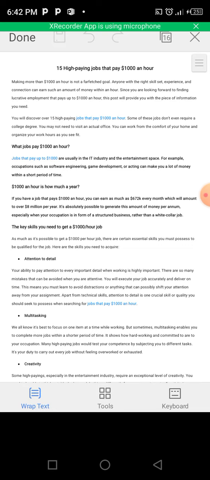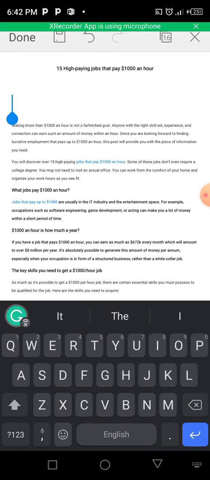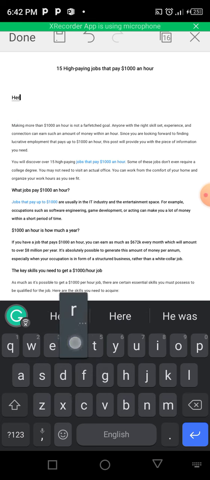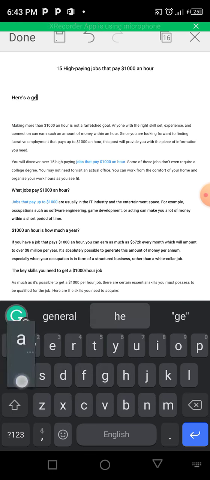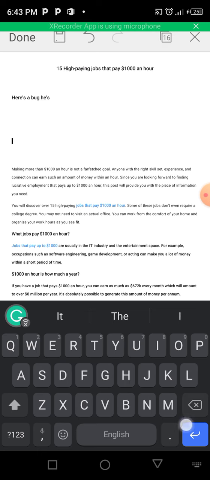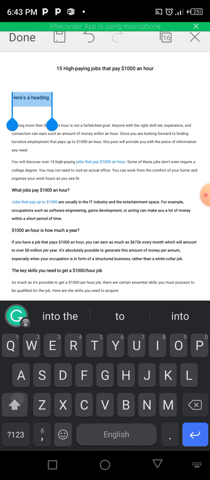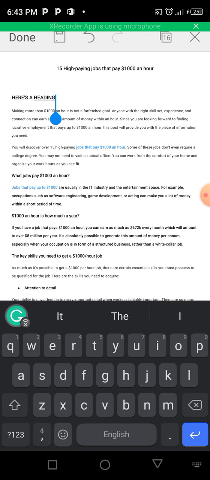So to create a heading, all you need to do is highlight. So let me type something here as a heading. So let's say we want to make this a heading. What we'll do is we'll highlight it,